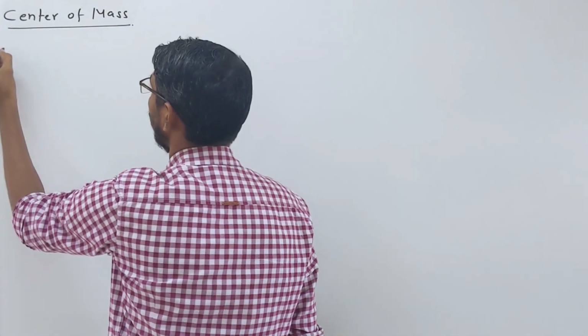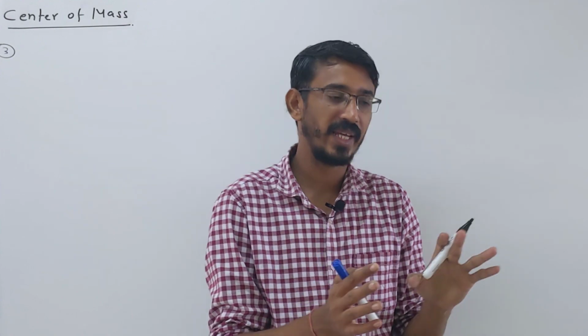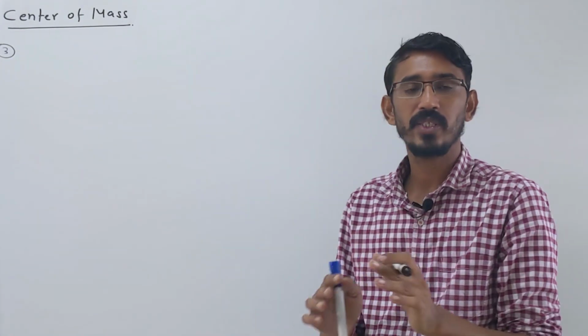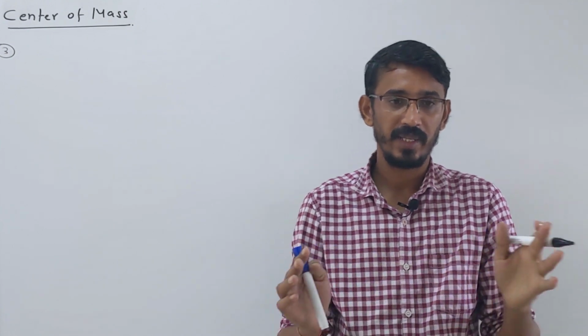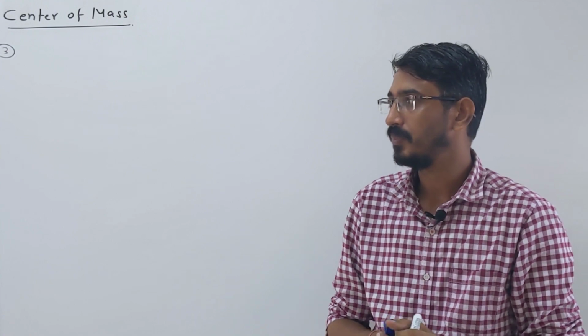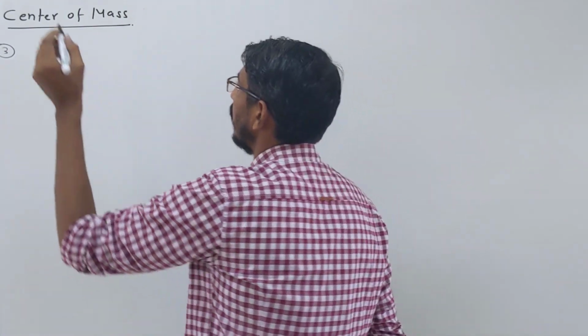Okay, now we are talking about the third type of equation in finding the position of the center of mass. We have learned vector type equations, where something is given in vector form, or geometrical ones, like a triangle, square, or rectangle with some masses placed at the corners, and we have to find the center of mass. Now, let's check.